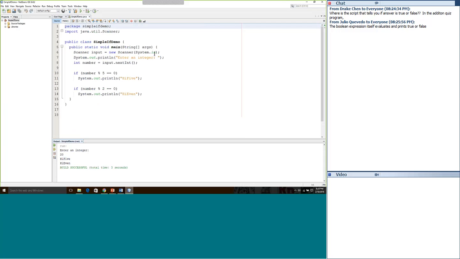So how's this working? Well, we're getting an integer from the console. We're putting it into the variable number. And then we're doing a modulus 5 on number and asking, is it equivalent to 0? Don't forget when you're writing your code to put double equal signs. I know it's a tendency for everyone to forget that, but you need to make sure that you put in double equal signs. This is the equivalency operator. It will yield a true or false.